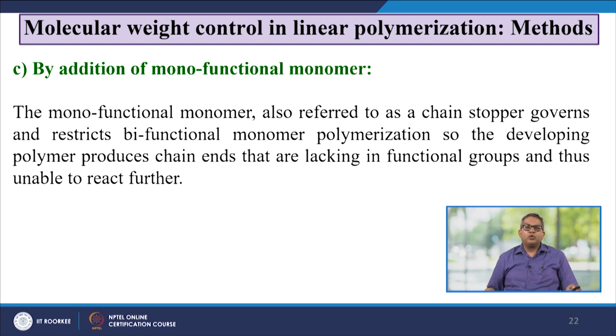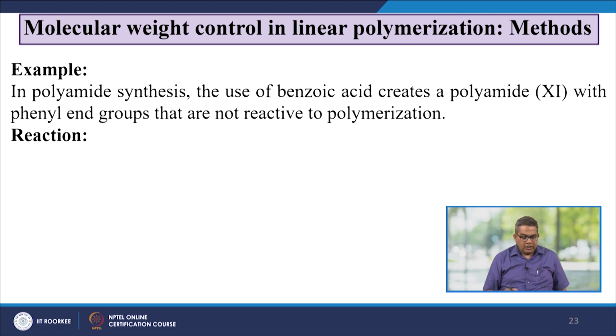Now, another method is the addition of a monofunctional monomer. The monofunctional monomer, also referred to as the chain stopper, governs and restricts the bifunctional monomer polymerization. The developing polymer produces chain ends that lack the functional group and are thus unable to react further. Let us take an example. In polyamide synthesis, the use of benzoic acid creates a polyamide with phenyl end groups that are not reactive to polymerization. This reaction is represented as